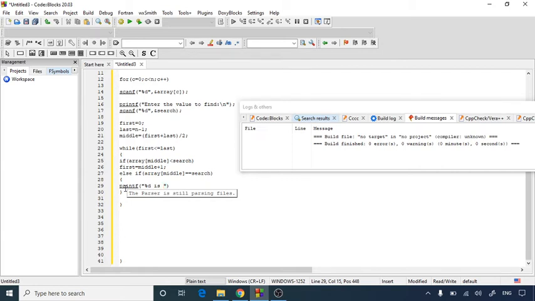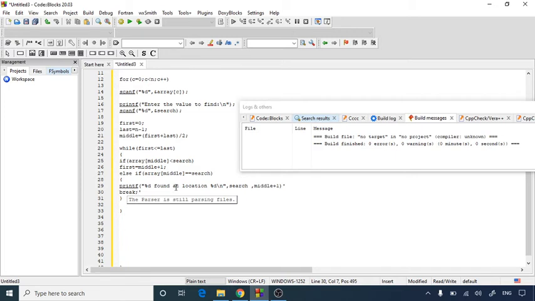%d is found at location %d with \n, comma, the first %d is for search, the second will be middle plus 1. And then you have to break this.